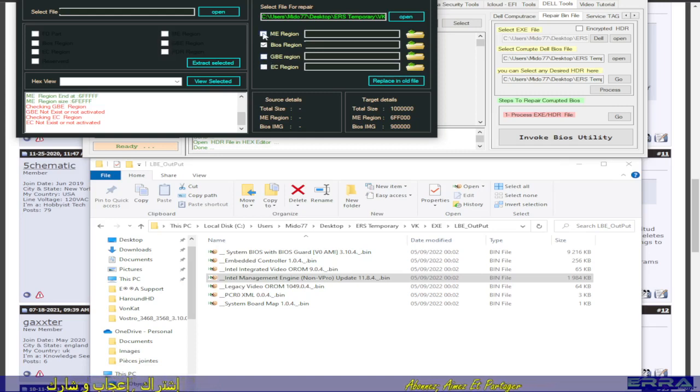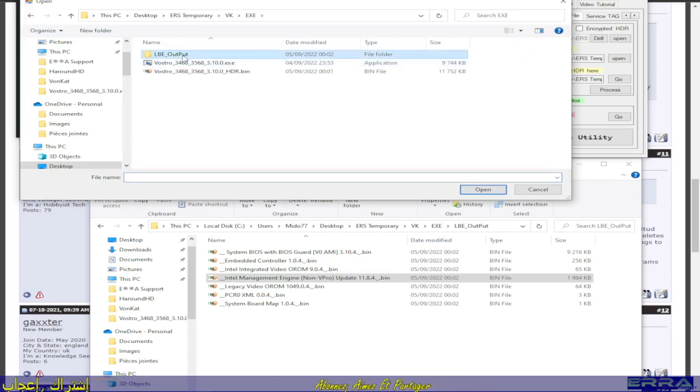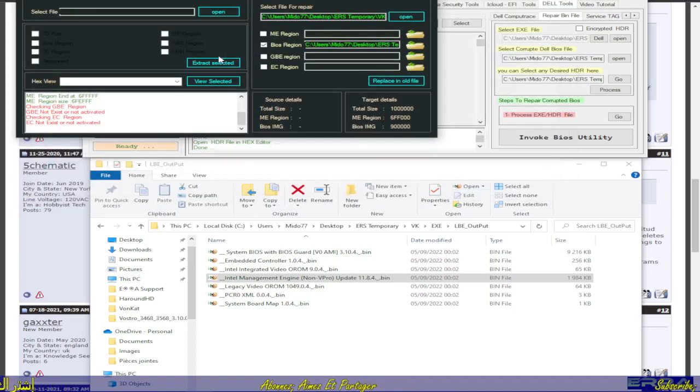It depends on your repair. So we need only the BIOS region for now, so we select it. Here we go to the files which we have extracted, and here we have the Intel BIOS region, and we double click on it and push the button replace